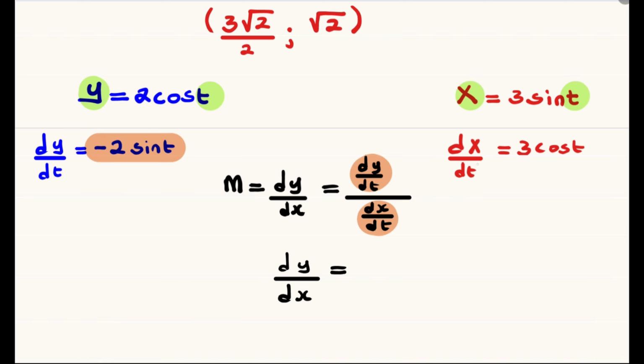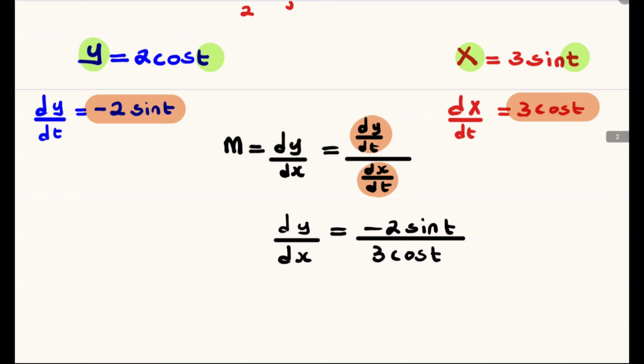So let's substitute. In the numerator, we have negative 2 multiplied by sine t. In the denominator, we have 3 multiplied by the cos of t. At this point, you can substitute the pi over 4 where there is t, or we can simplify. So we have dy divided by dx equal to negative 2 divided by the 3. The sine t divided by the cos t will be equal to the tan